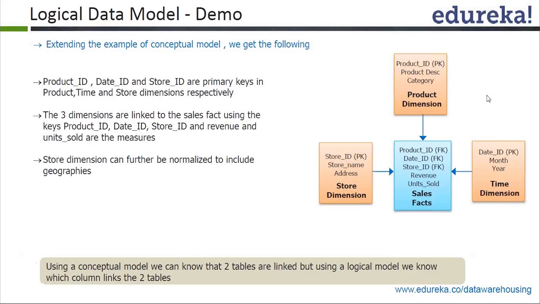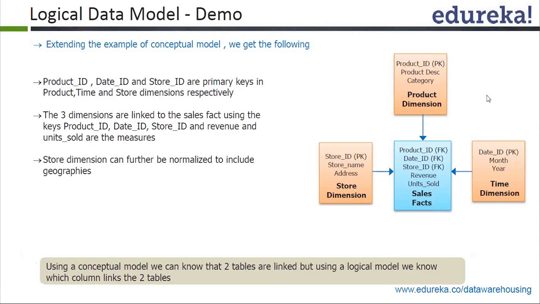It will show you different tables, different columns involved in the table, and then the relationship between these tables. So the example you see here, there is a product dimension, store, sales fact, and time dimension. So you see what is the primary key for each dimension, and different foreign keys and different attributes in your fact table. So this is what a logical model is, but it's still not informative enough for the developers to start implementing. So the next one